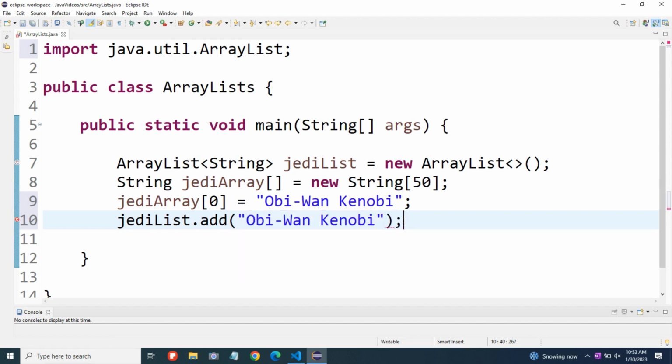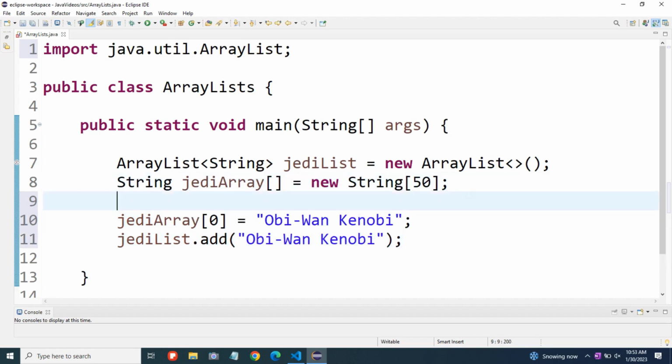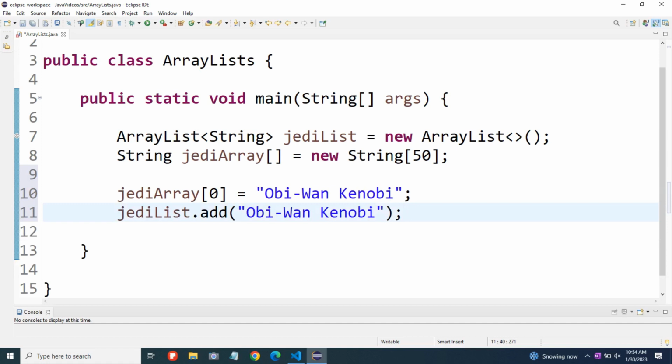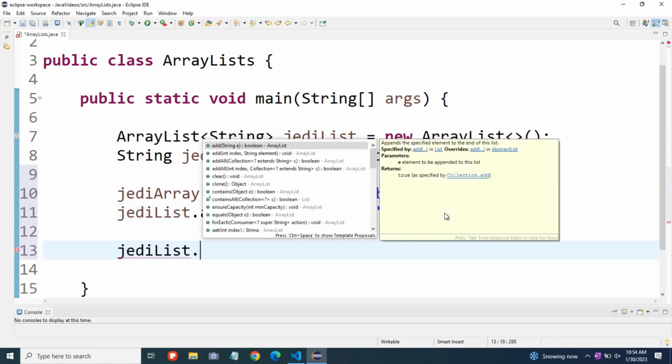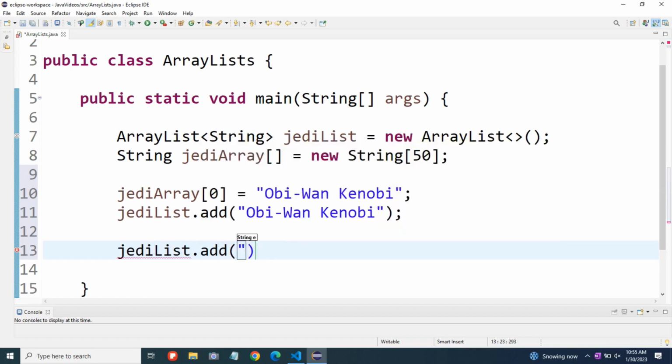So we don't have to indicate the size of the array list when we make it, and we also don't have to remember how many elements are filled up in it. Array lists just automatically do this for you, which is super convenient. Let's add a few more items to the array list so we can play around with it a bit. Say jediList dot add Luke Skywalker